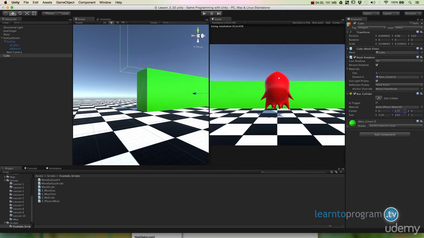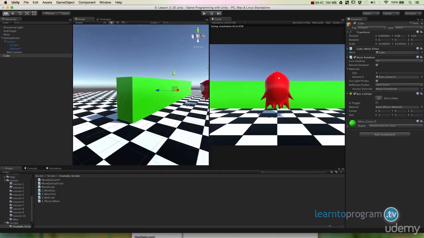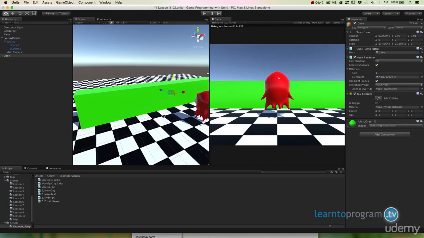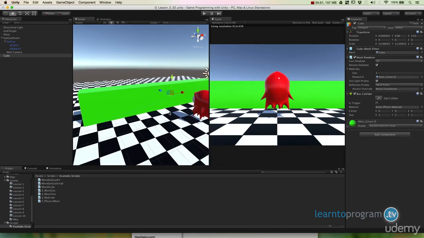It's very common to just create a simple null object and then create a box collider on top of that null object, and I've created an invisible barrier. So let's change all those back to where it was. Okay, so now I've created a passive collision object. So this should act